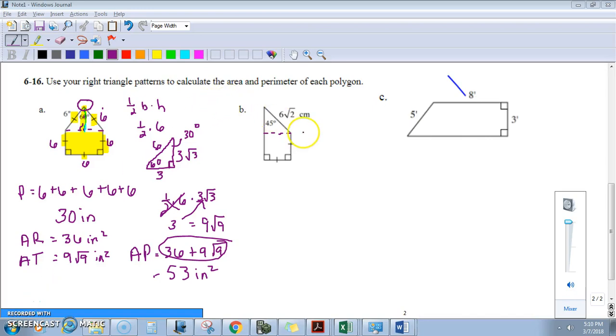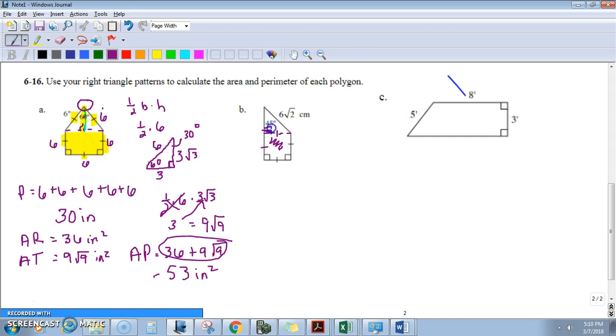All right, let's finish this up. If we look at B, the polygon in B, I already drew a line here. I know that this bottom part is a square, and I know it's a square because these two sides are the same, which means these two sides must be the same. And I can figure out the length of that side by using this 45, 45, 90 triangle that I drew